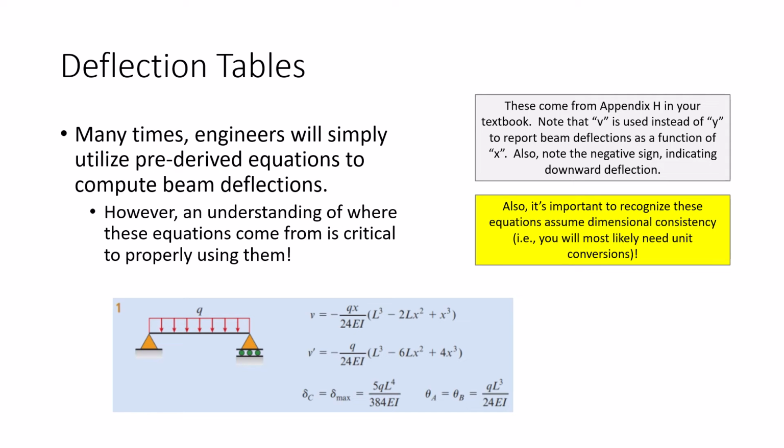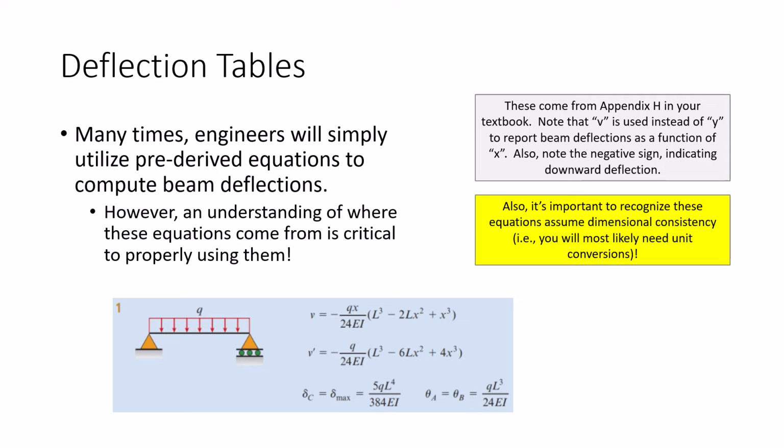And typically what you will find is deflections for basic cases. So, for example, here's a simply supported beam with a uniformly distributed load, arguably the most fundamental beam analysis situation that engineers have to deal with. Simply supported beams are just that simple, and all beams must be able to withstand their own self-weight. That's pretty easy to conceptualize, that this is a very important case. Typically, what you will find is a function for deflection, or maybe a function for rotation, as well as maximum